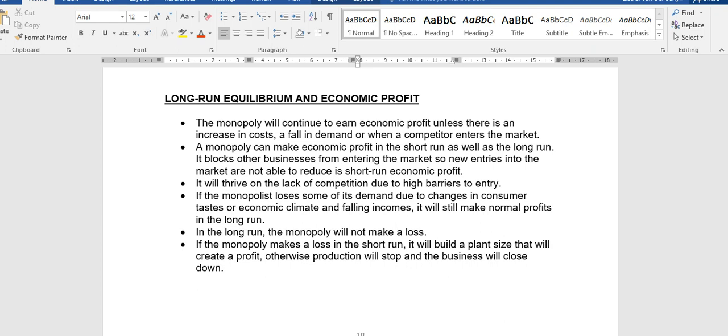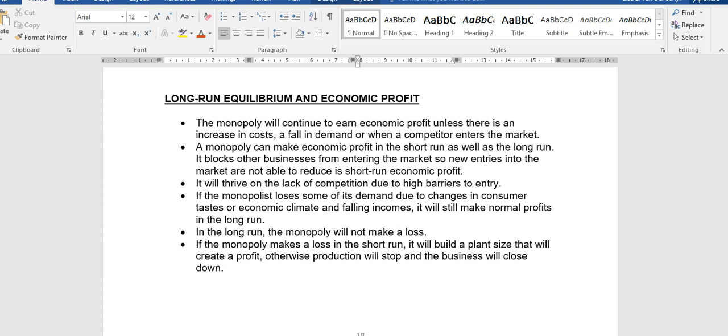Right. Remember, the monopoly has market power, complete market power. So if the demand does drop, or if there's for some reason he's losing his economic profit, it goes into a normal profit, it goes into a loss even. He has market power. He can change the situation in the market so that it becomes profitable for him again. Remember, because his demand curve slopes negatively, he can change the price. He can either increase the price, he can decrease the price. He has the power to do that.